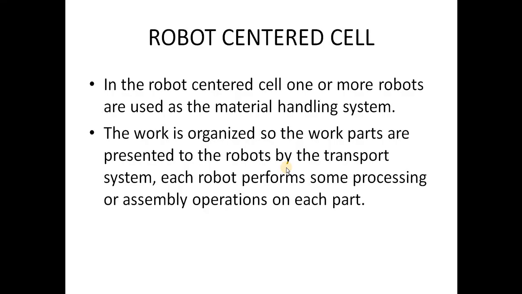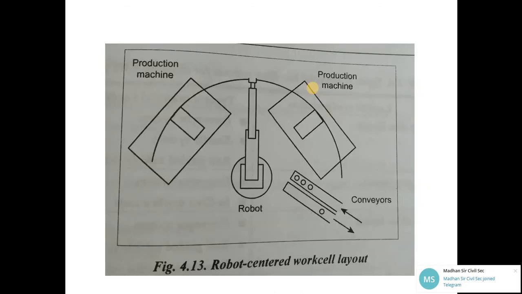At last, we have come to the final topic, called the robot centered cell. The same work operations can be done by a robot center. A sequence of machines is arranged around the robot handling equipment. Here we have a diagram for that. See, we have the loading and unloading part separate, using equipment called a conveyor. Here we have the robot handling equipment.